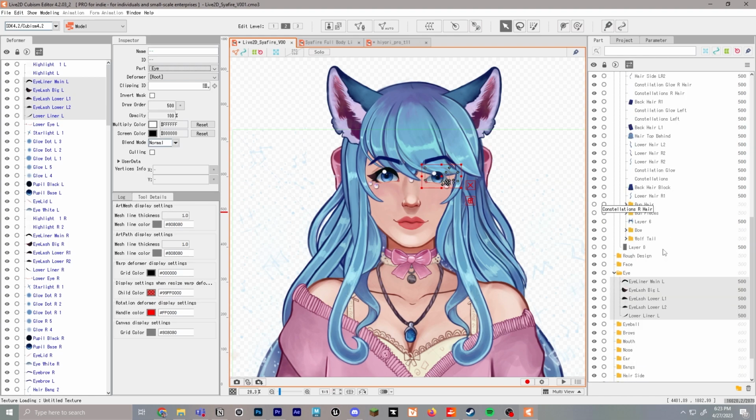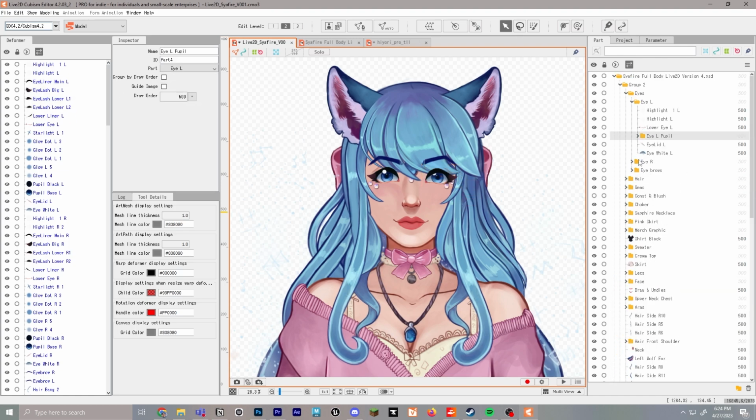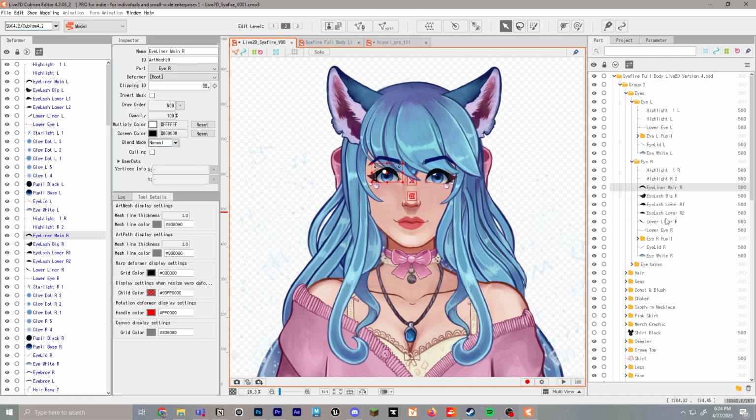Now what will happen is it will be moved behind to a default drawing order of 500. So draw order is kind of like how layers work in a drawing program. The higher the number, the more on top it will be, and the lower the number, the more below and on bottom it will be. So we're going to change everything for the eyes to a max of 1000 in the draw order section here, and we'll have to do that for anything else when we change the draw order and move them around. Next, let's go to the right eye and do the same thing with the eyelashes.